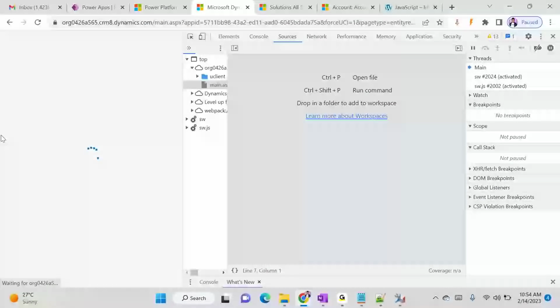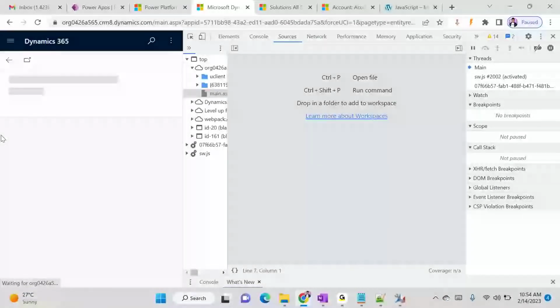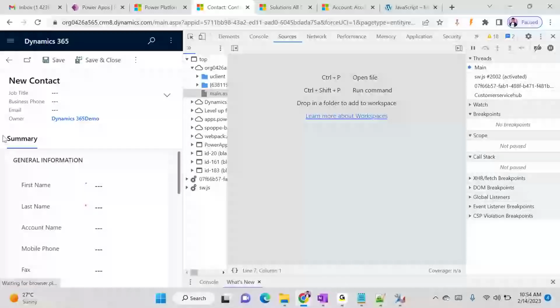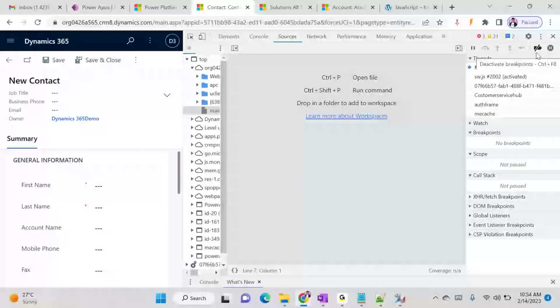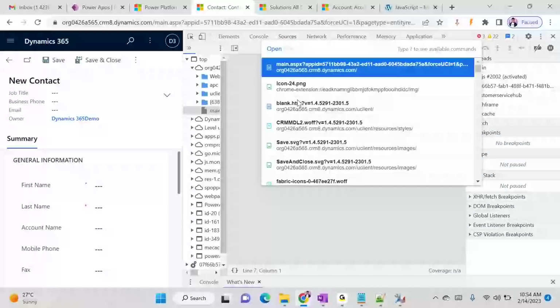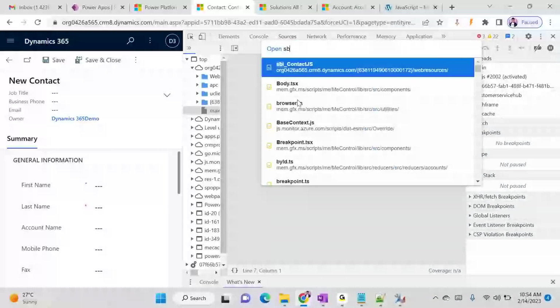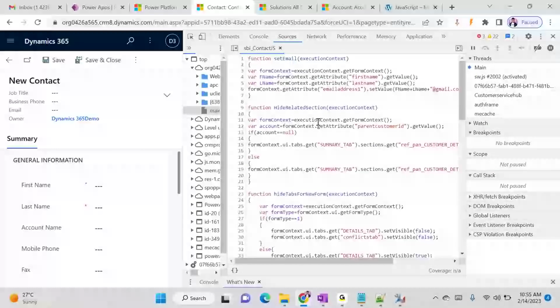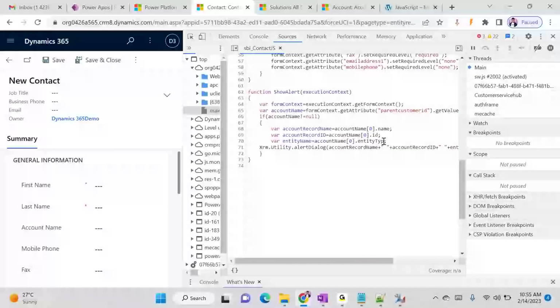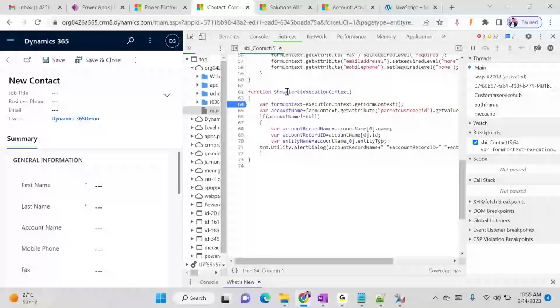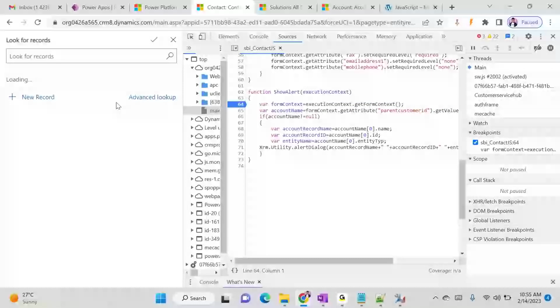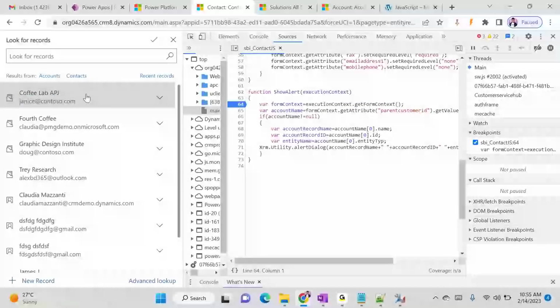When we press F5, a normal refresh will not work. You have to do the hard refresh, Control F5. Okay, now the first step is open the developer tools, Control P, search the web resource, select the web resource, place the debugger. See, E is removed. I want to debug it from here. When this will trigger on change of the account name, I will select any value, Coffee Lab